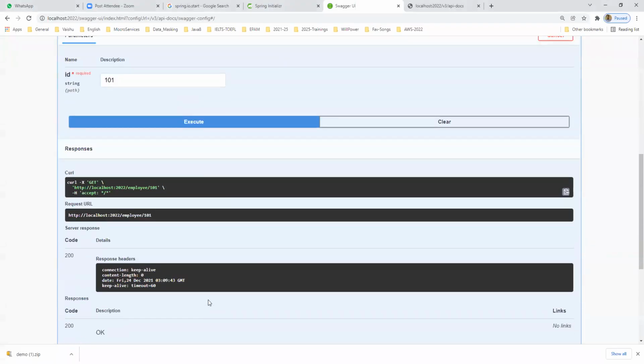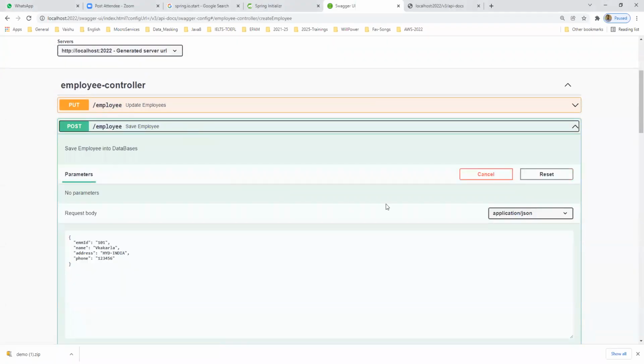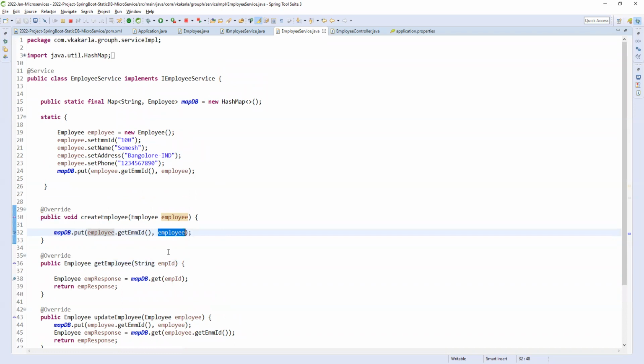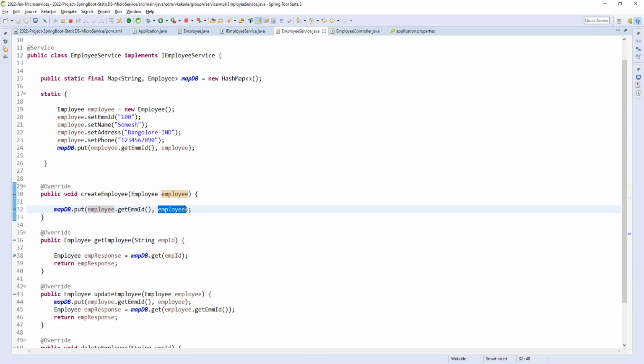So let me create the same. Why are we not getting Vikakarla, right? Let me save. Get employee ID, and we are putting key and value, right? So I think we need to correct the put employee.